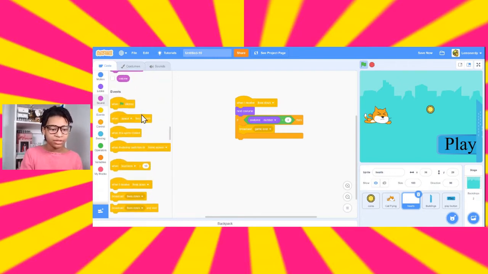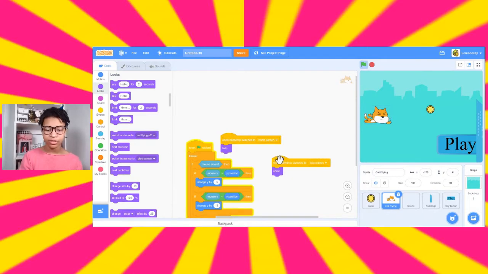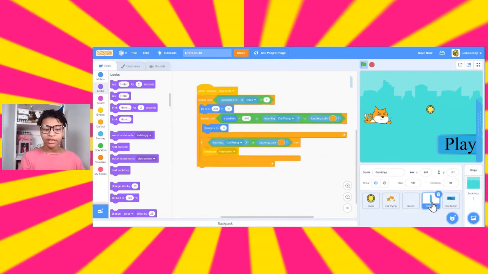So when I receive time to fly, switch costume to 3 hearts. So that would be our first costume. And then we also want this to only show on the play screen and hide on the home screen. So let's go to the cat and drag and drop those into the hearts so we don't have to worry about that later. So now back to our buildings, and we have it moving until it touches the cat or